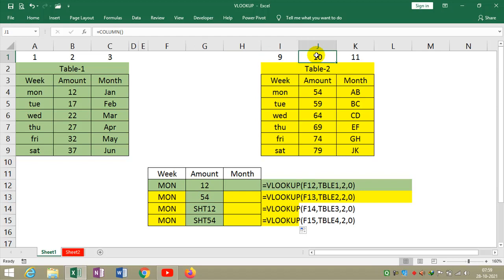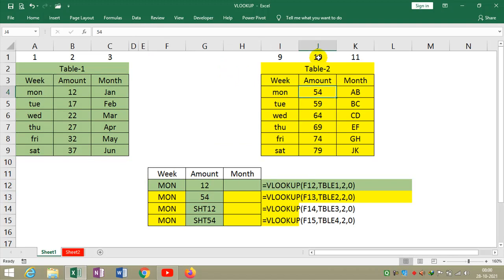J is column 10, but in that case, when I use table 2, what is table 2? My table index is 2 because the lookup function searches the first ID, and that is the first column index. So Monday is searched in table 2, that is the first column, and I give column index 2, that means that column.